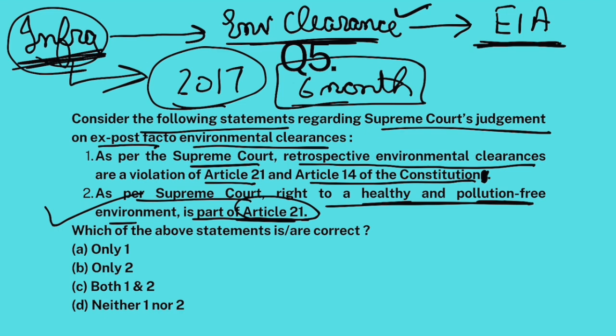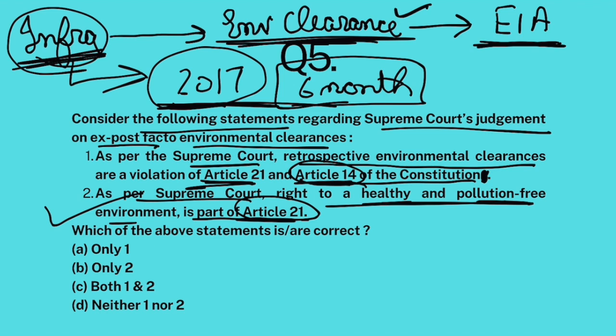Now, this was challenged in the Supreme Court based on Article 21 and Article 14, which is the right to equality. The petitioners who challenged this notification said that there were many people, many companies who took environmental clearance lawfully and then started their projects. And there are people who violated the law without getting environmental clearance and started their projects. You are treating both of them at par. You are treating a law-abiding company and a law-violating company at par by bringing in this notification. This is a violation of the right to equality.